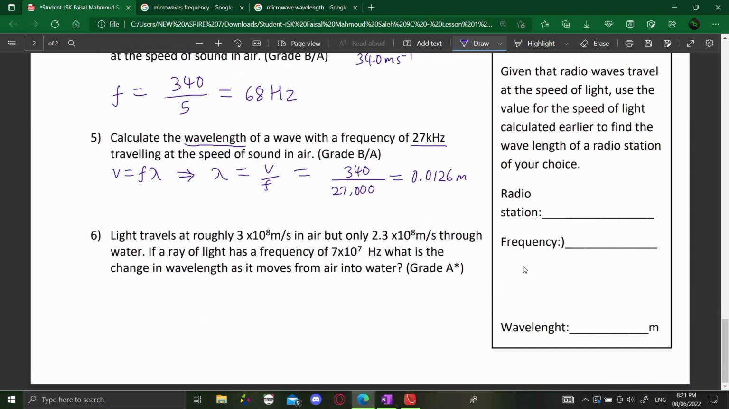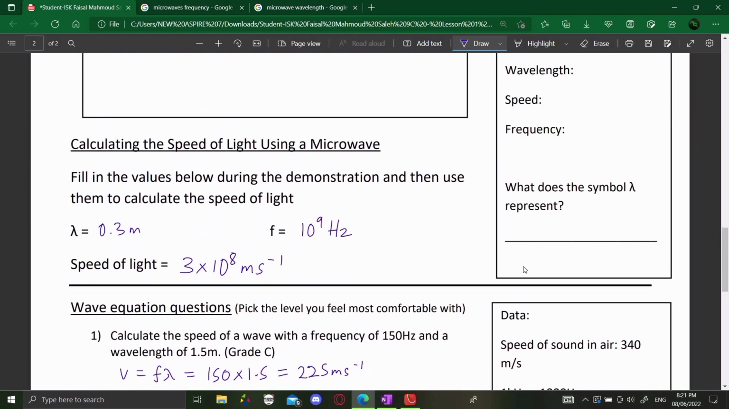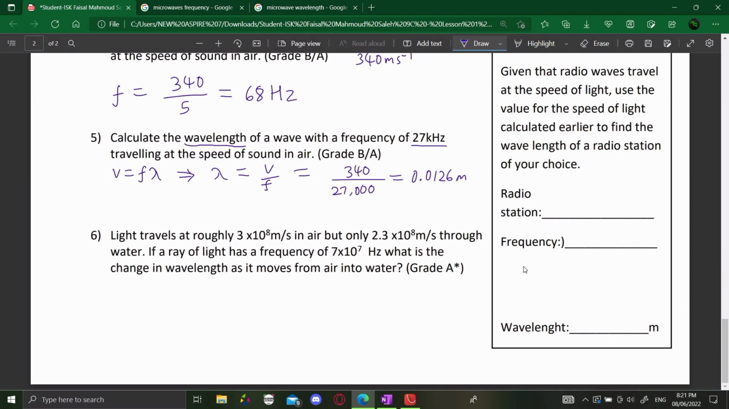Last question. Light travels at roughly 3 times 10 to the power 8 meters per second. And by the way, this is the answer that we found over here. Exactly the same. Pretty good. But only 2.3 times 10 to the power 8 meters per second through water. If a ray of light has a frequency of 7 times 10 to the power 7 hertz,